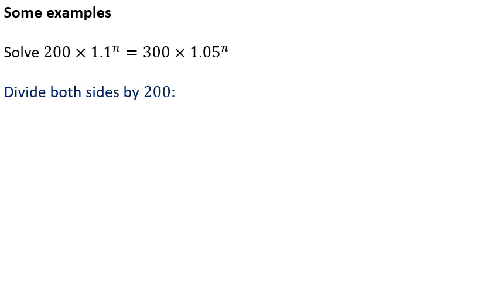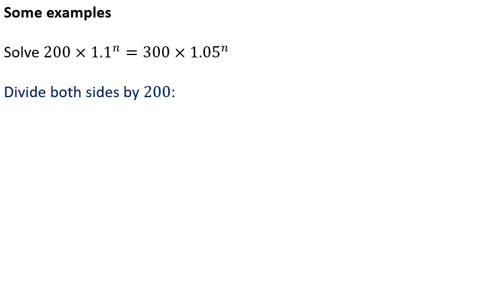So imagine I have 2 different investments. In one case, I've invested £200 and I'm getting a return of 10% interest every year. And in the other account, I've invested £300 and I get 5% interest every year. So I put less into the first account, but it's making more interest. It gets me 10% a year instead of 5%. The other account, however, I put more in at the beginning, so although it's not making as much interest, it